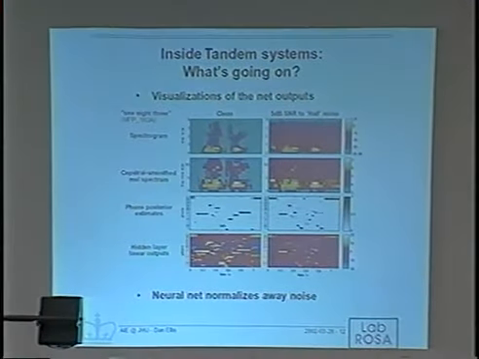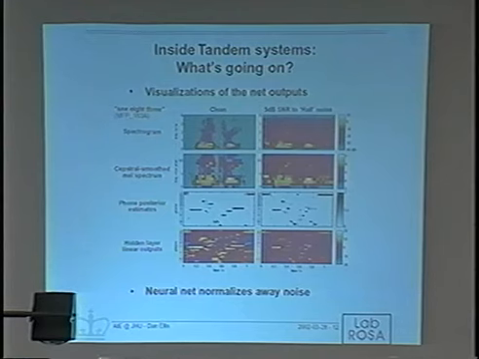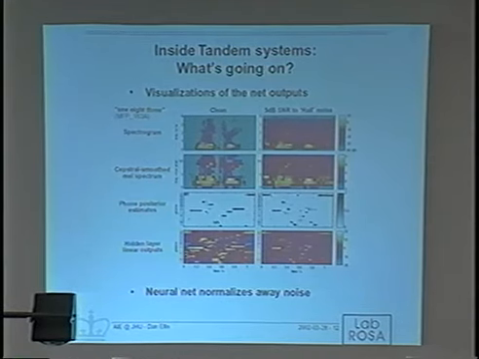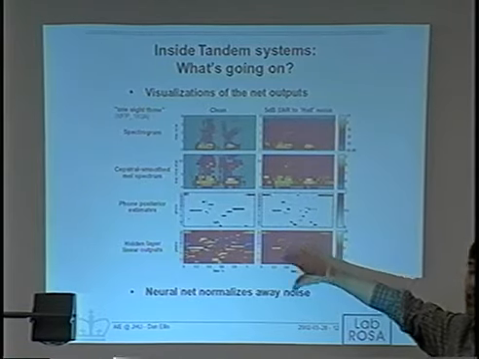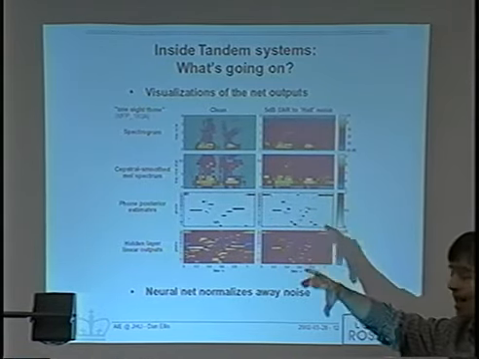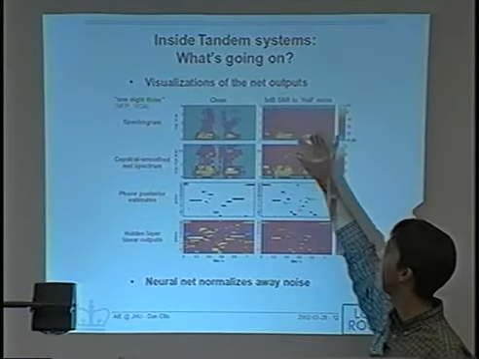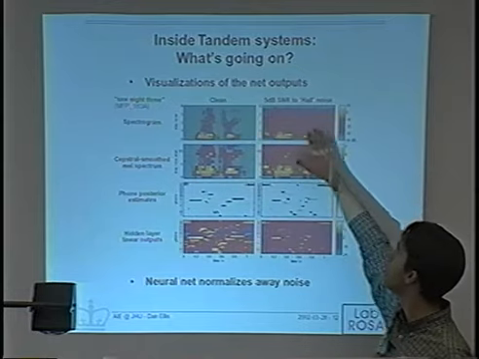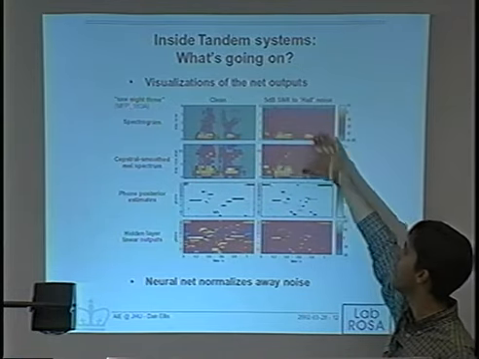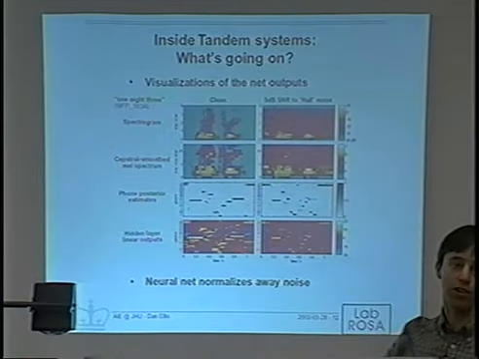So we did some more work to try and figure out what was going on inside. This is just some efforts to try and visualize what the difference is between the basic feature representations and the feature representation that's being used in the tandem system. So here are two sound examples from this database, and it's the same speech but with different levels of noise added. You can see here it is in clean, and then here it is in noise. You can see the same basic kind of vowel centers here, but a lot of the other details have been washed out by the noise.